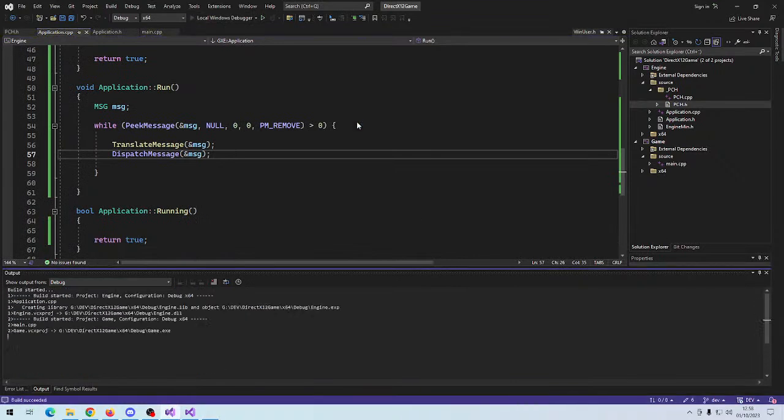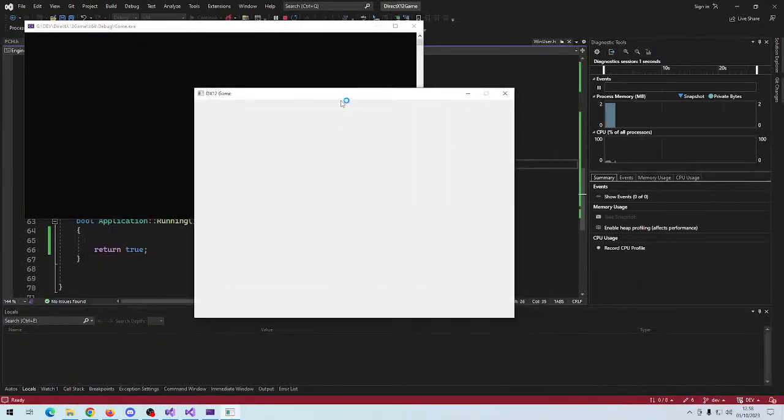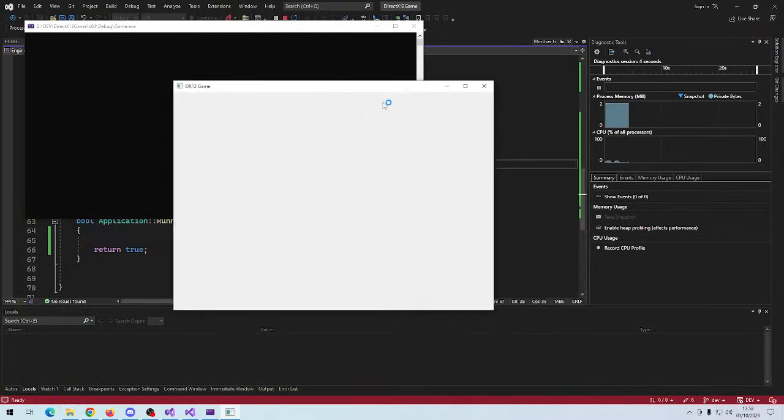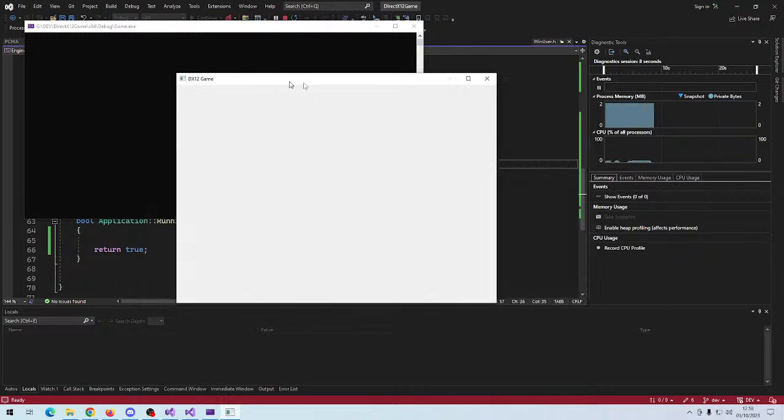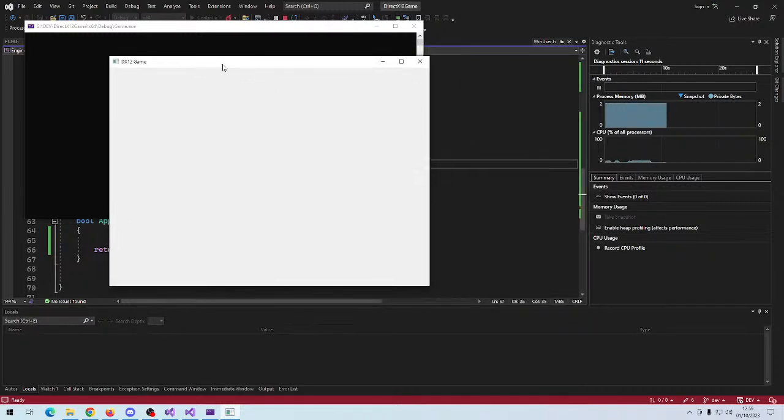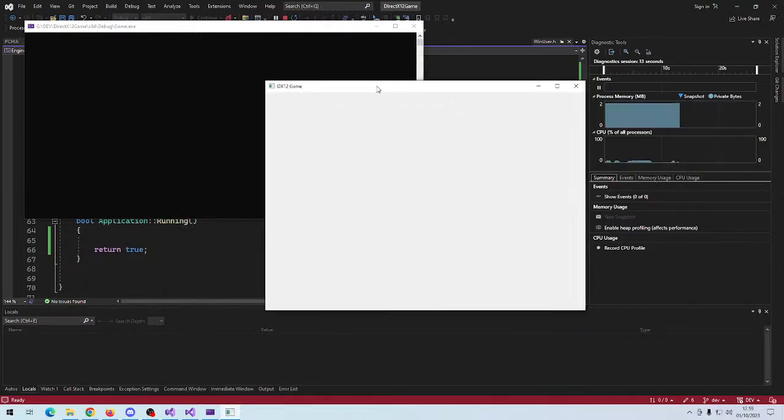All right. Now that makes every message get passed along into our window procedure, and now the message queue doesn't get stuck,